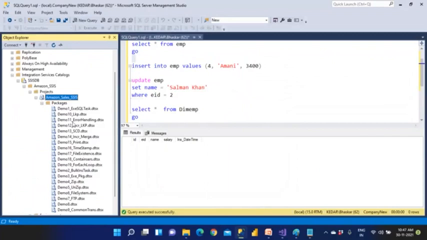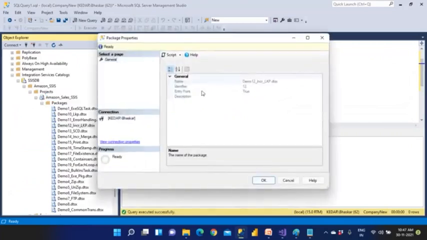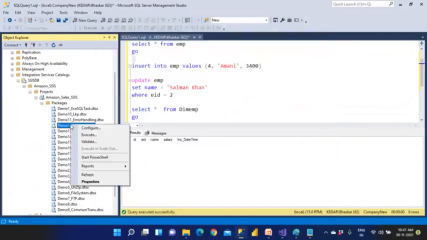But manually, nobody is going to be executing, right? So no DBA will come, right click on this, and execute. So they are going to be creating what is called a job or a schedule. Every morning 6 o'clock, it has to get the data, or every Sunday it has to get the data, or every Monday it has to get the data. To do that,